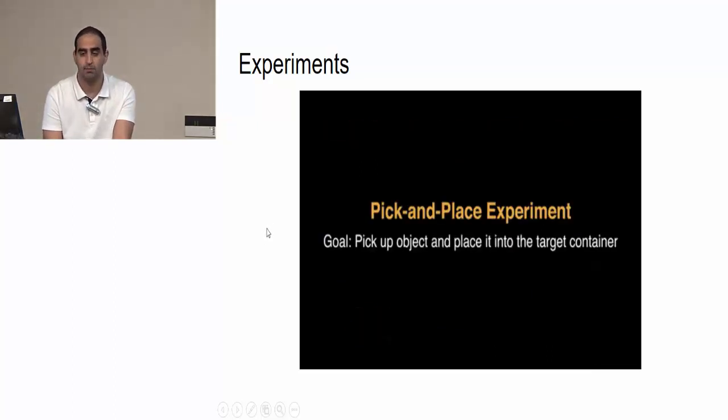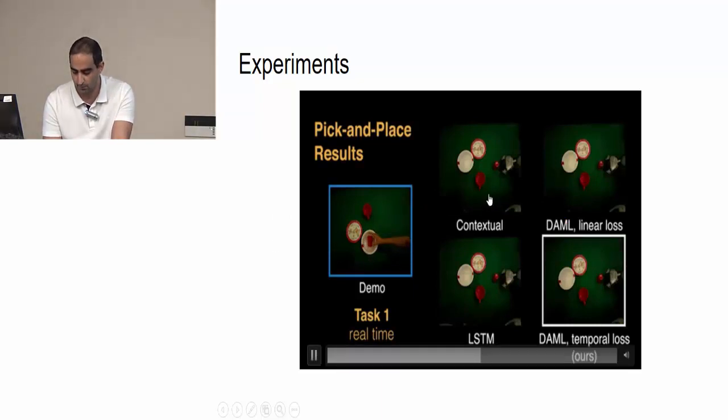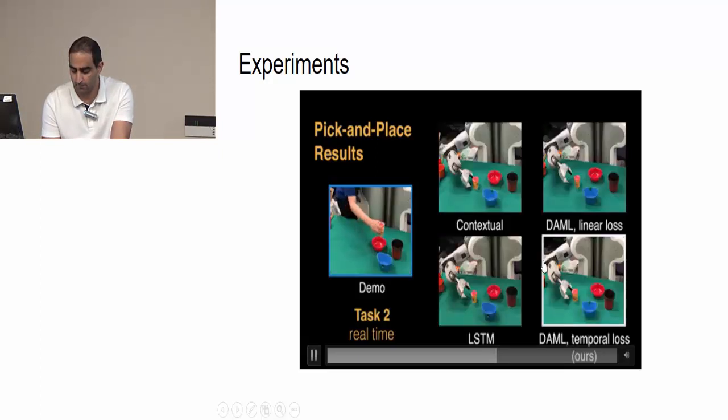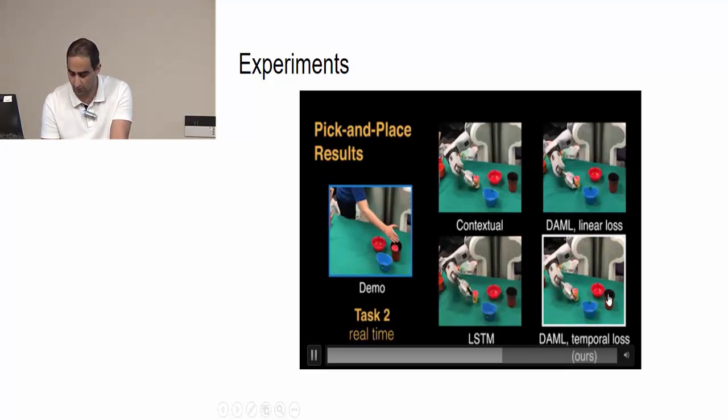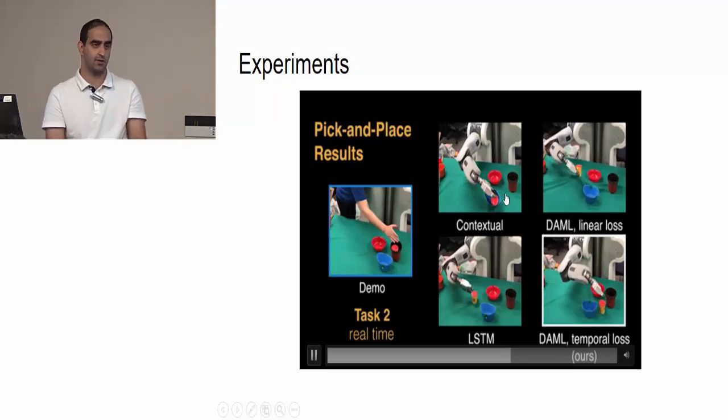And the last task is pick and place experiment. And here in human demonstration we pick something and put it in the white plate. And you can see these two approaches require lots of data, and temporal loss really helps. Now here the container is this object, and you can see these other approaches just put it into another container. They cannot distinguish the task, what containers they should put the object in.